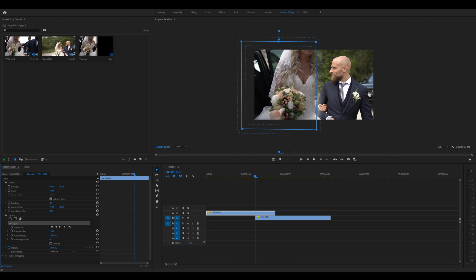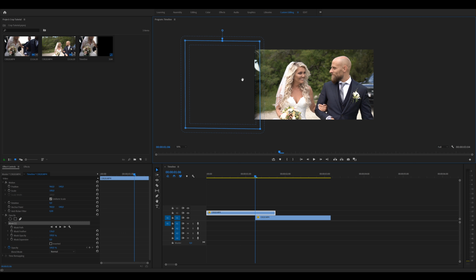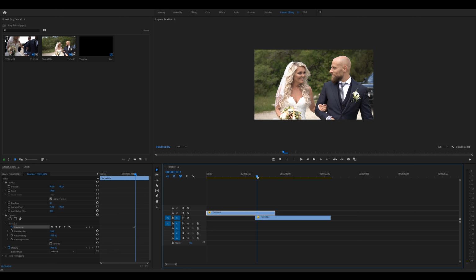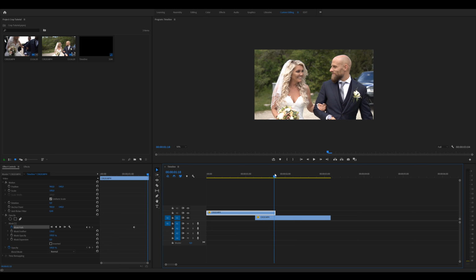And to animate it, we actually have to click the mask path button in just a second. But before we do that, I'm going to move it out of the frame like so, and then I'm going to click the mask path, and you can see there's now a keyframe down here corresponding to the mask path selection. So what I'm going to do is I'm going to move my timeline to the second to last frame